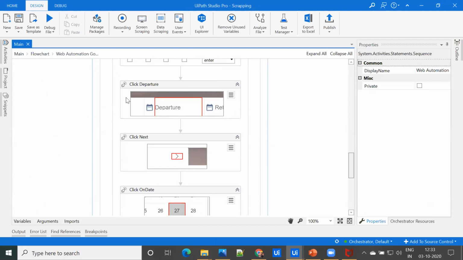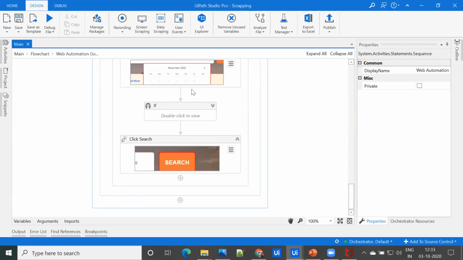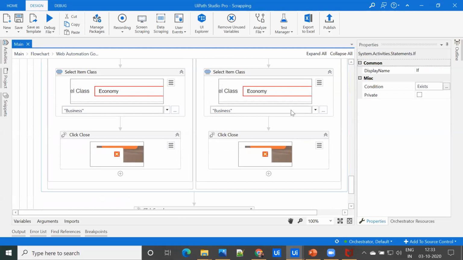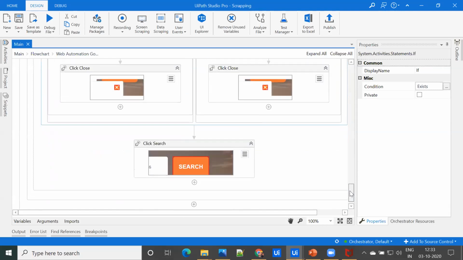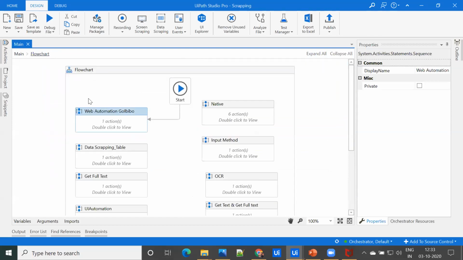Then I'm clicking on the departure date and return date. Then I'm checking whether the element exists or not. And again, I'm selecting the class from the drop down, from economy to business, and clicking on the search button. So let's see the demo by running this workflow.